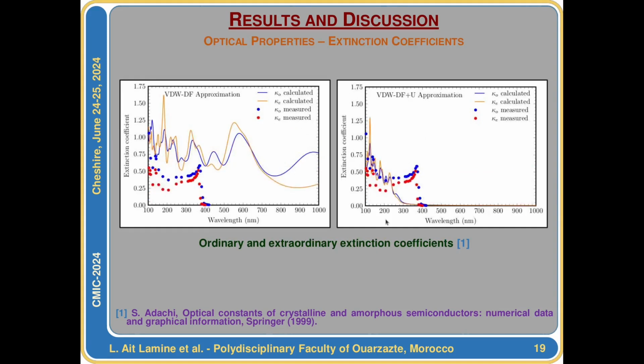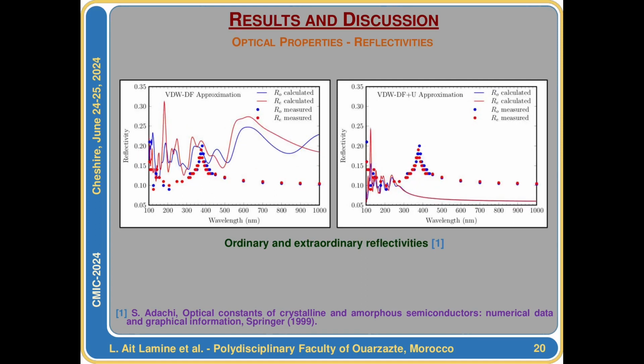For the extinction coefficients, again, anomalies were obtained using VDW-DF functional and rectified by the use of Hubbard U parameters. Also, the high extinction coefficients are obtained in near ultraviolet region. The same for the calculated reflectivities. They were found close to the experimental values by using VDW-DF plus U approach, showing that the wurtzite ZnO has values of reflectivities that range between approximately 5 and 25%, which are close to the experimental values, with a shift